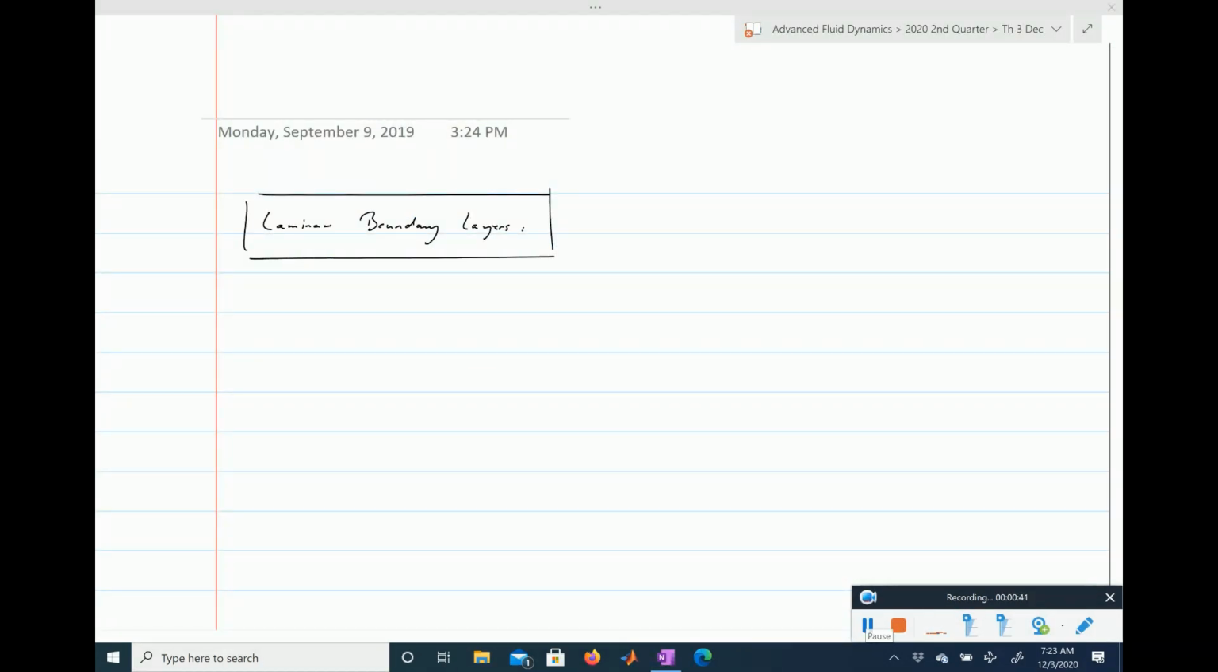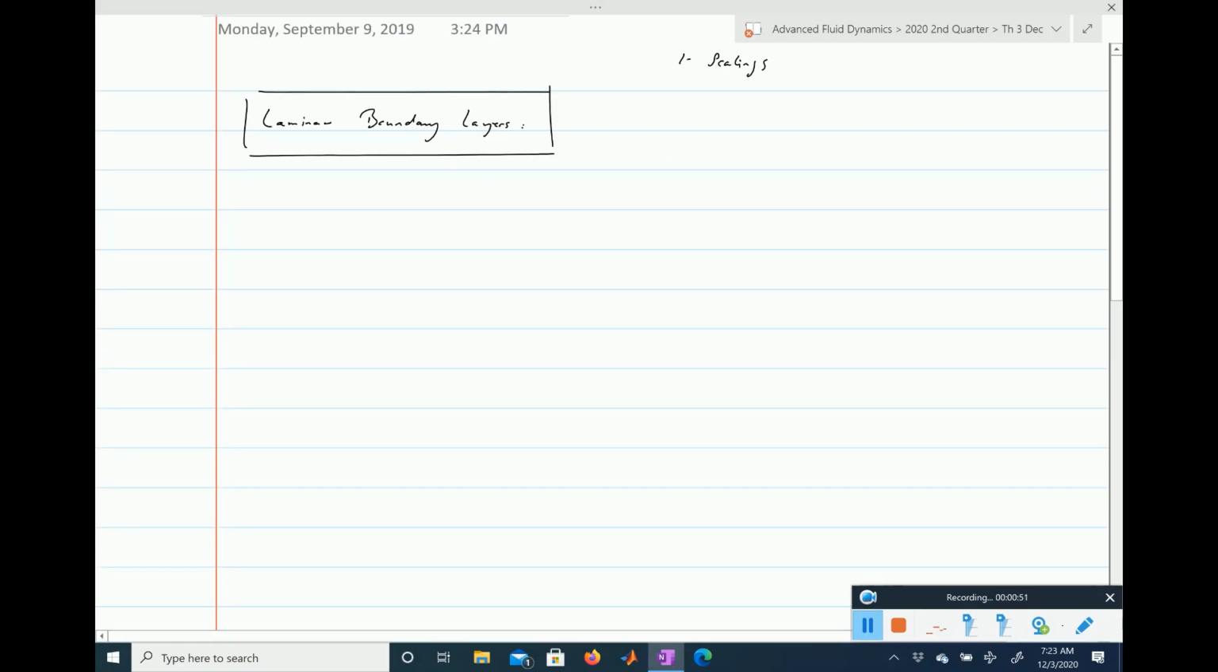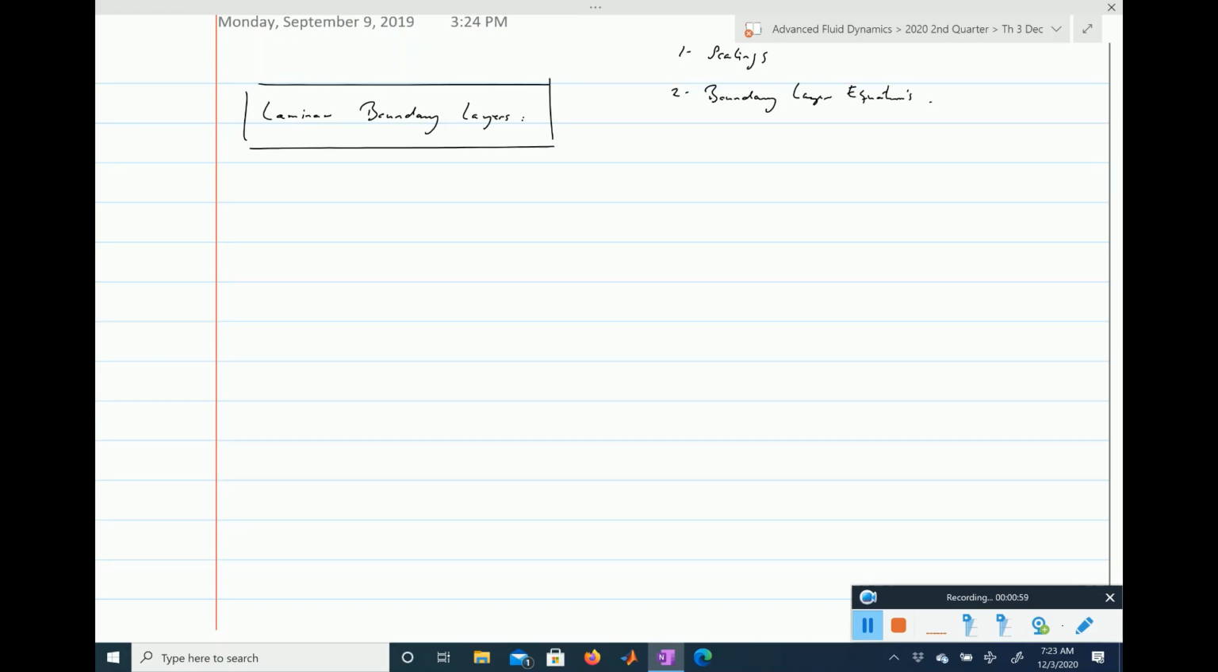So we are going to discuss essentially four things in this boundary layer, and it will take us roughly 2 days. The first thing that we will discuss are scalings. So we'll derive first scalings for the boundary layer thickness. After that, we will derive the boundary layer equation. So we'll start from the Navier-Stokes equation, from the momentum equation, and see how they are transformed when we assume